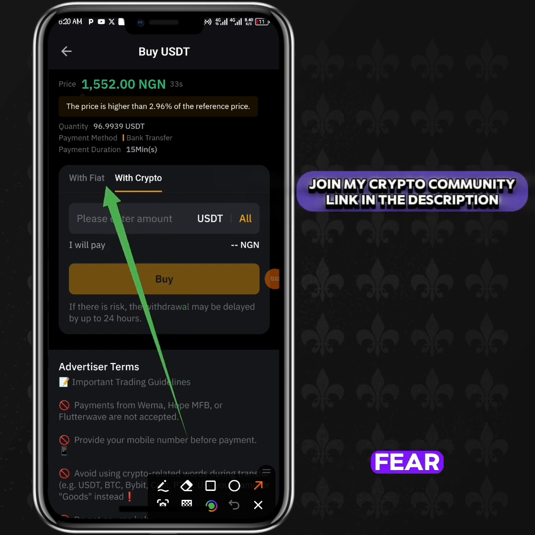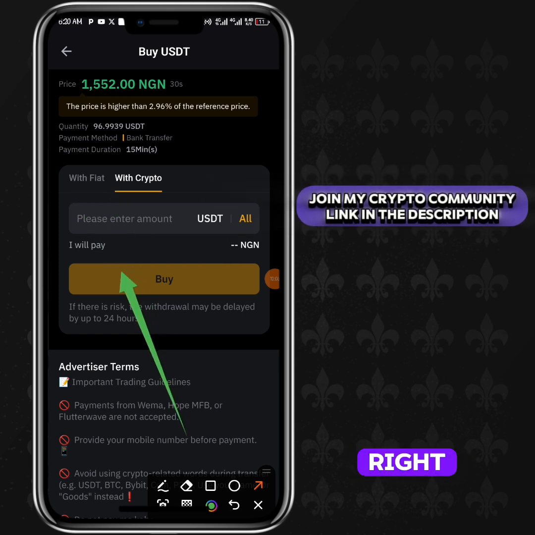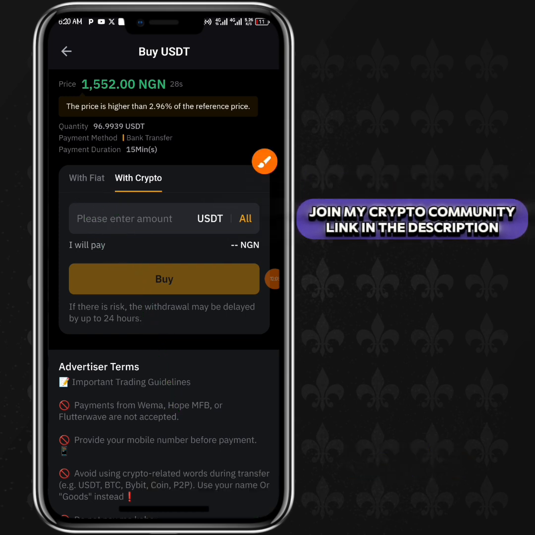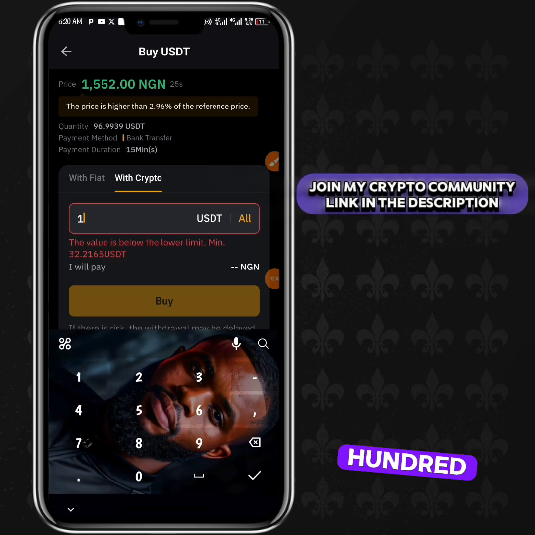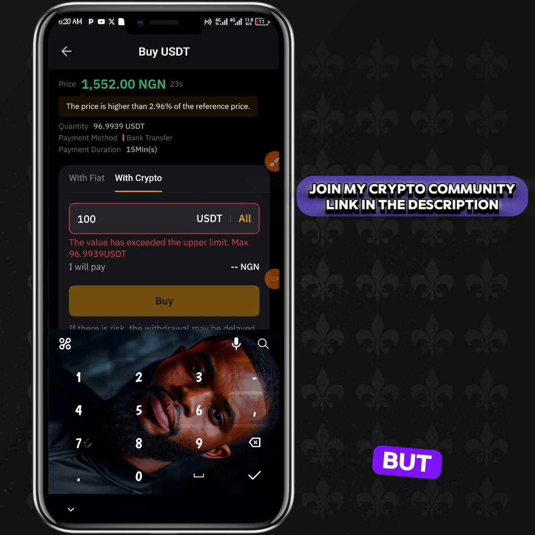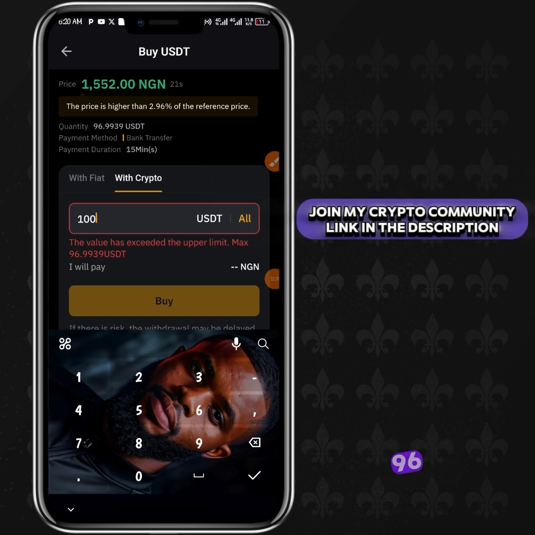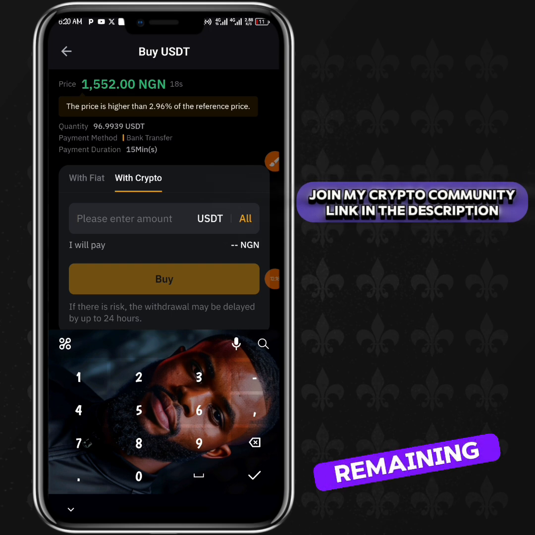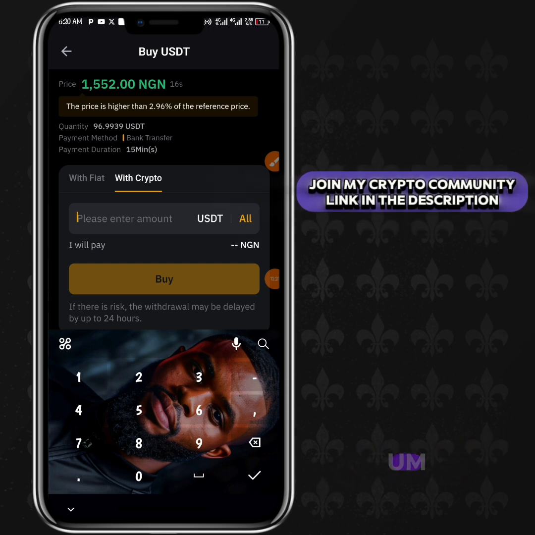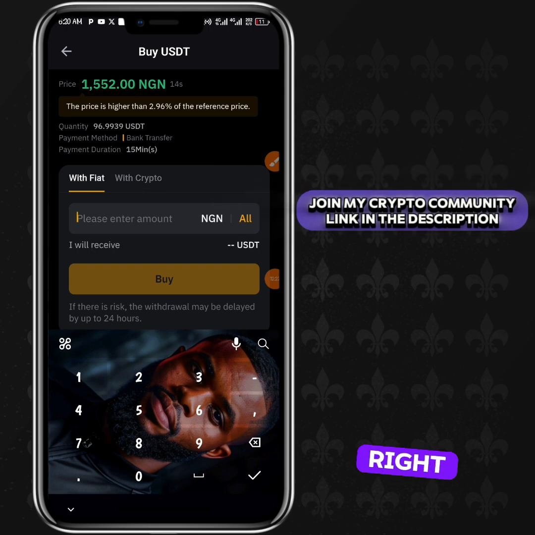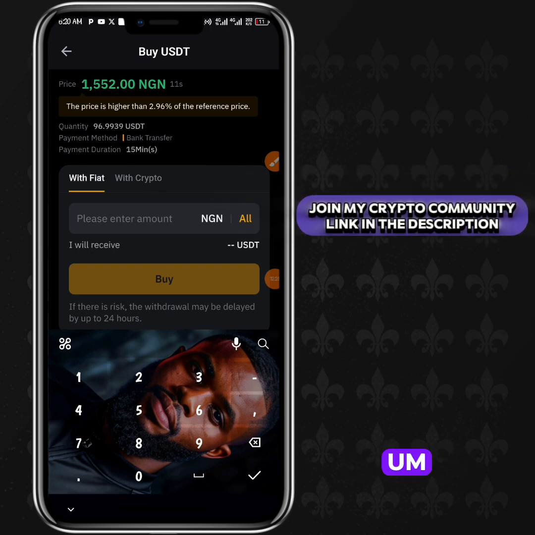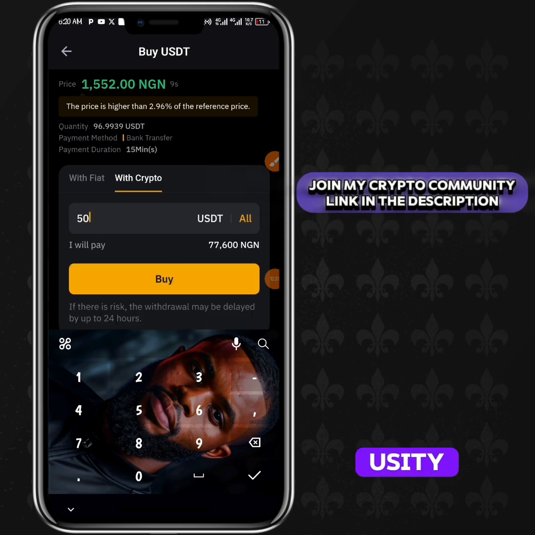If I want to leave it on fiat, fiat is just paper money, your Naira, right? So let's say I want to buy $100, I'll just put 100 USDT, okay? But you can see the max limit here is 96. He's selling at 96, it's just remaining, which means he just sold off some amounts of USDT, right? So I'm just going to go with, let's say, 50 USDT, which is